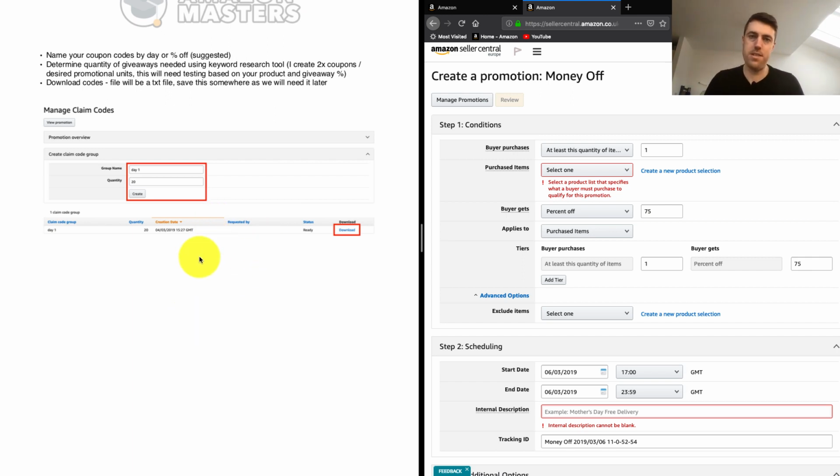And what I would suggest is you want to roughly do 2 times the amount of coupons to the amount of giveaways you're going to do. This would be my recommendation for a relatively small launch, somewhere around 40 to 50 giveaways. If you're going to do more, 200, 300, 400, if you're going into the next stratosphere, you're going to want